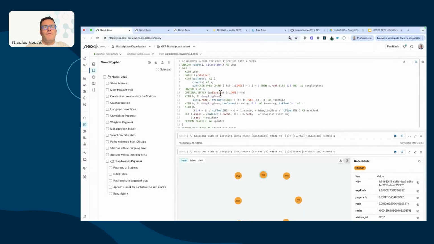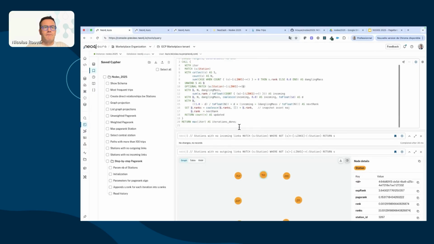And then for each station, I will assign the sum of the incoming links rank divided by the number of links outgoing from this station. So that I get a little bit of the influence of the stations that are linked to my current station B. And so I do that at every step,